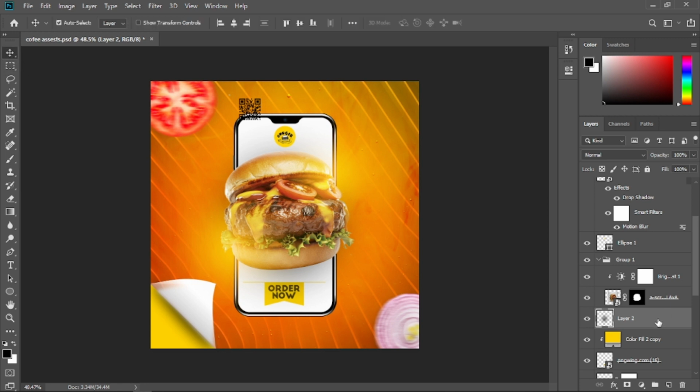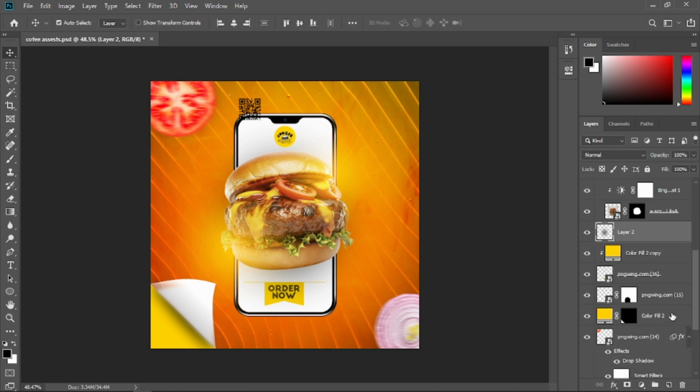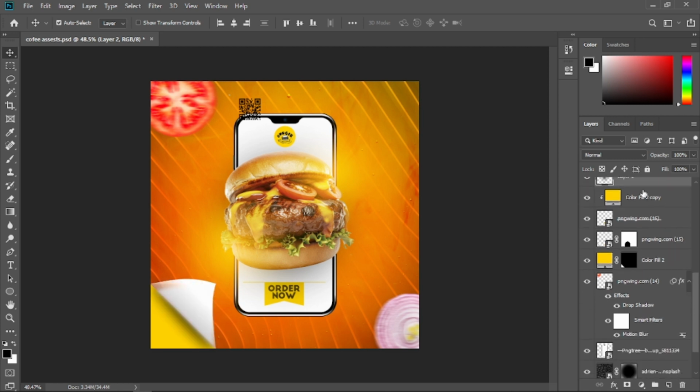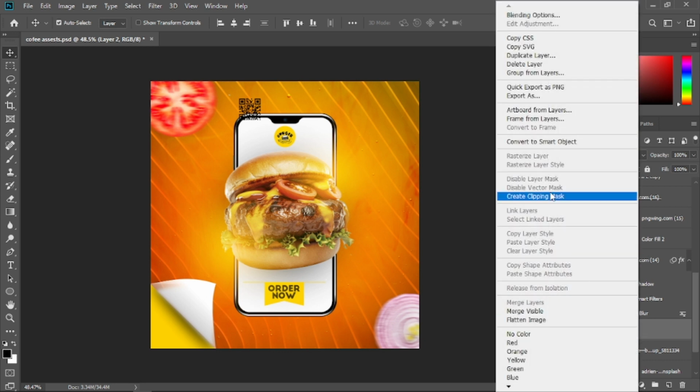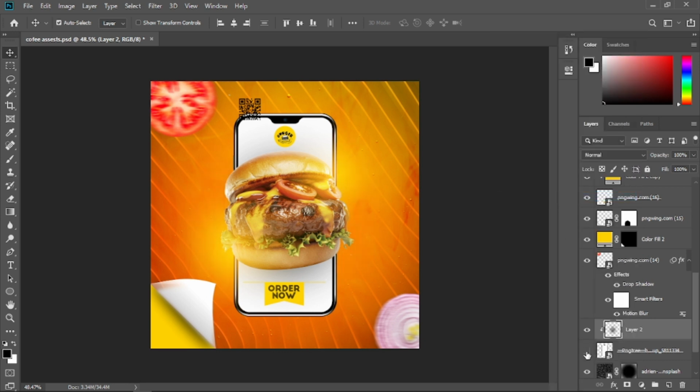and that shadow I'm gonna clip it into the smartphone. So where's my smartphone? Okay, and I'm gonna select that shadow and right click, create clipping mask to the smartphone. Okay, and a little bit more shadow, like right here, right under the burger. Okay,